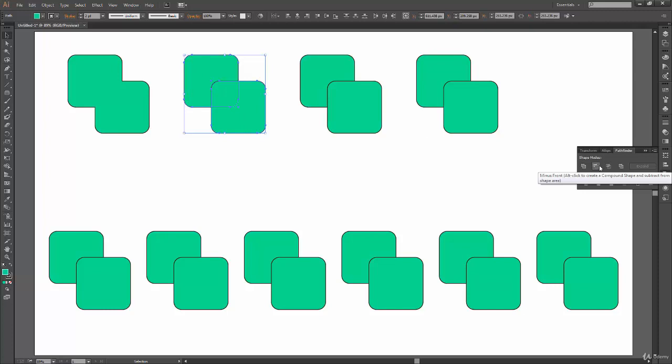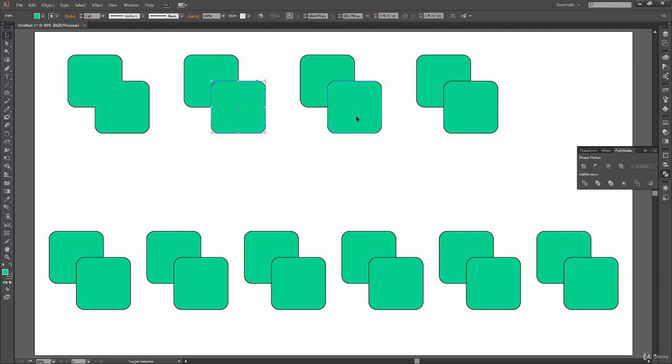This time I'm going to use subtract from here, or another word for this is minus front. So what does minus front mean? Let's just click on it and we'll see. Just know that this rounded rectangle is in the front and this rounded rectangle is in the back.